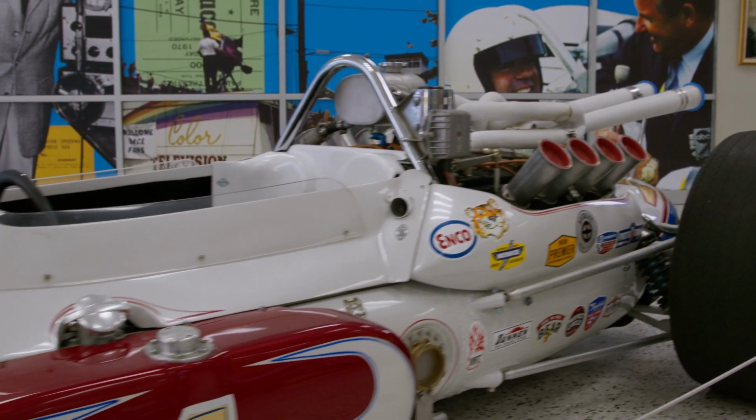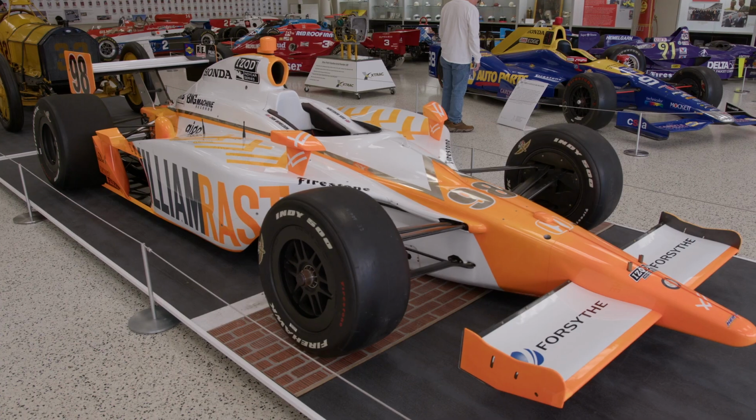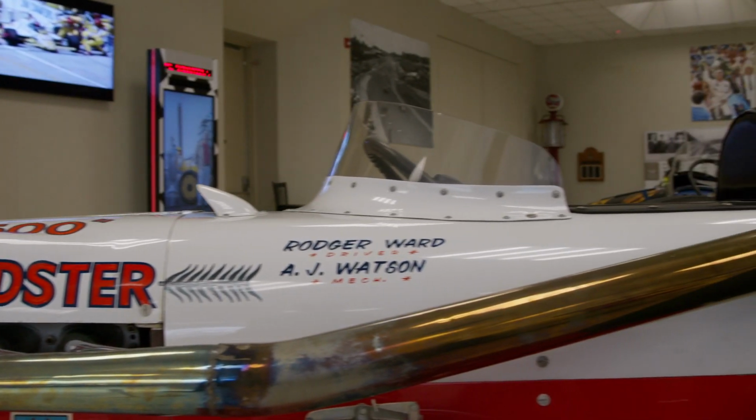My name's Jason Vansickle. I'm the VP of Education and Curation here at the Indianapolis Motor Speedway Museum. The scanning of these cars in the collection are twofold. Not only do they add a record of preservation and restoration for our vehicles, but they also can be used in other means, whether it's interactive exhibits here at the museum or online components that can help tell the story of